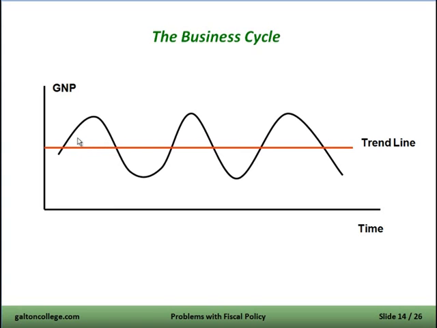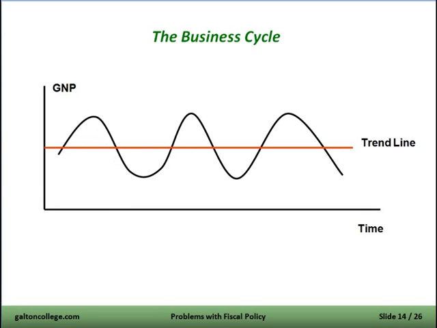So it doesn't know exactly where we are. We could be in a phase where the economy is dipping, but the government's picking up the phase here, and it thinks we're still expanding. So if it thinks the economy is expanding, and it wants to stop inflation or stop a balance of payments problem, it might put the brakes on here. It might increase taxation here or cut government expenditure, which will just add to the down, making this a lot worse.